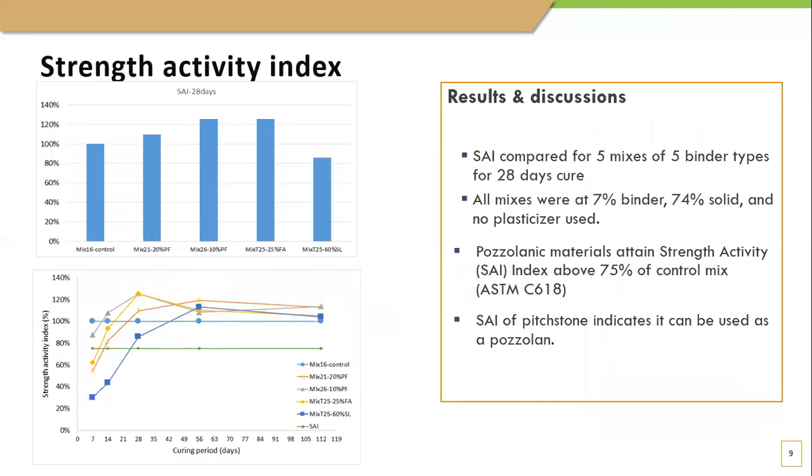Strength activity index was also done to see which of the binders satisfy the ASTM C618 standard. Looking at the graphs, the 75% threshold is somewhere there. Most of the strength is above the SAI, strength activity index, threshold, and at the bottom as well, the strength activity index 75 is somewhere here, and then you have the control mix, and comparing with the control mix, the